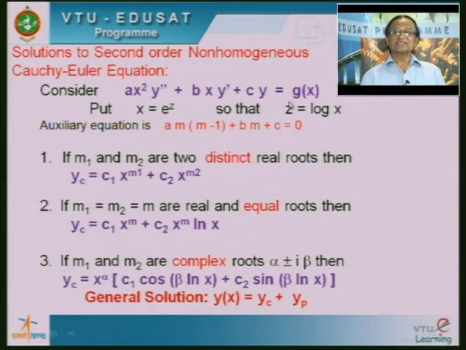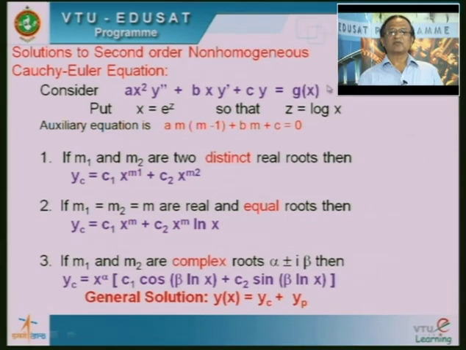So, what about the right hand side function? Here the right hand side is a function of x, and when we convert this into a function of z, then depending upon the function of z, I want to calculate a particular solution. I think while solving a linear differential equation with constant coefficients, we have solved various types of non-homogeneous equations. Say for example, the right hand side function may be of the type e to the power a x. In that case, how do we find out the particular integral, right?